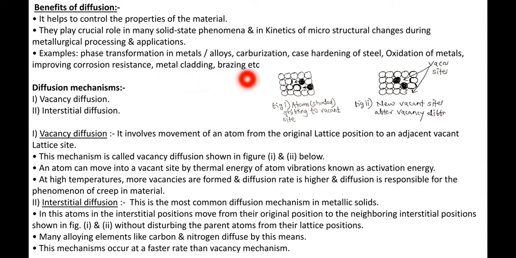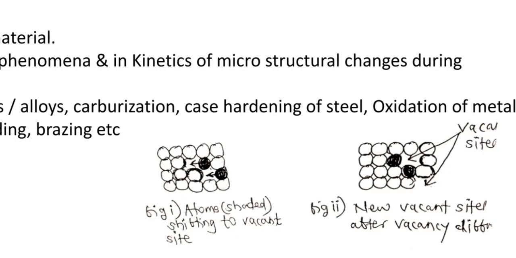Now diffusion mechanisms: vacancy diffusion and interstitial diffusion. Now you see this diagram. This is the original position of the atom. So this position is vacant, and this atom gets migrated to this new position. This atom gets migrated to this new position, and see, this is the new position occupied by the migrated atoms. Okay,